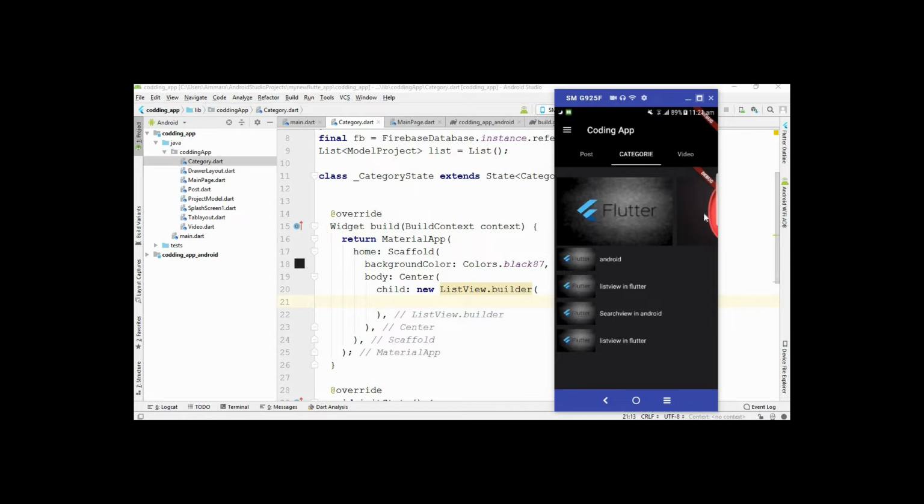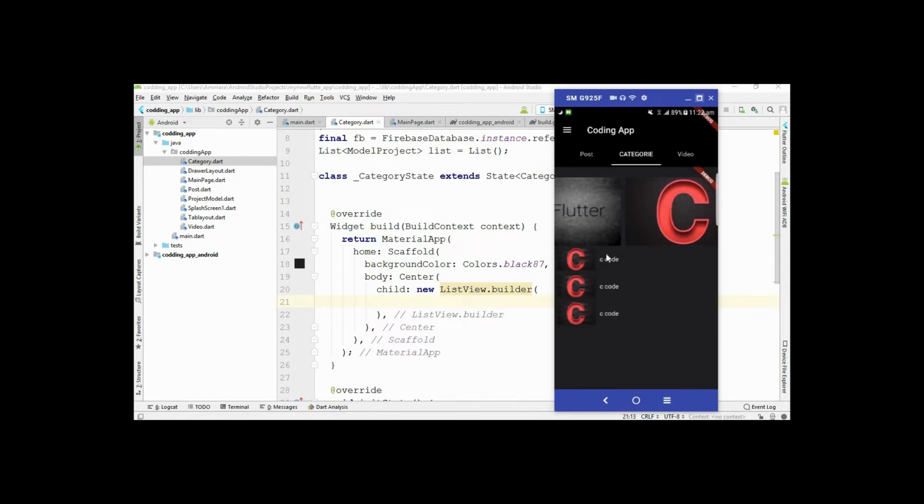And the second thing is, you can see that in this list view the length of the array is 1, 2, 3, 4, 5. After that, when I click on this C icon, the length of the list is 1, 2, 3, 4. So the length of the list depends on the topic. If the topic is 1, the length of the list is 2, one for this and one for this.